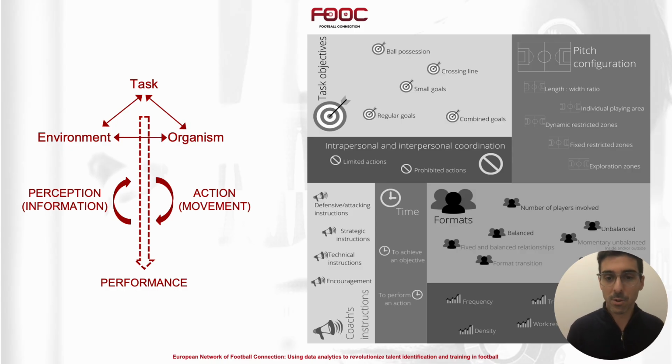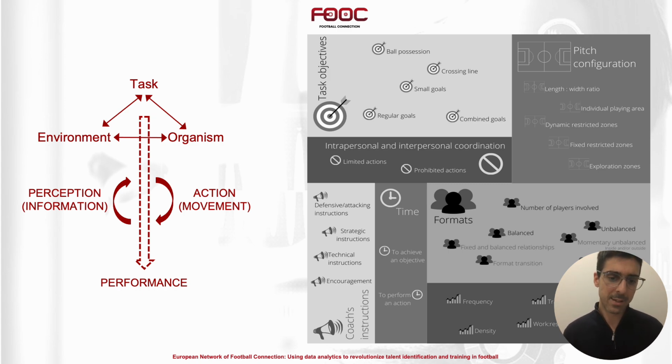We can also have pitch configuration with small dimension, large dimension, dimensions more in goal to goal or sideline to sideline. So all these elements interact to explain the ultimate performance of players,